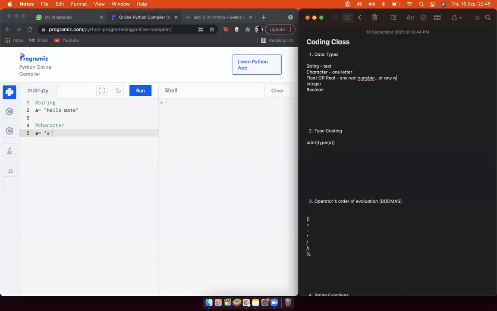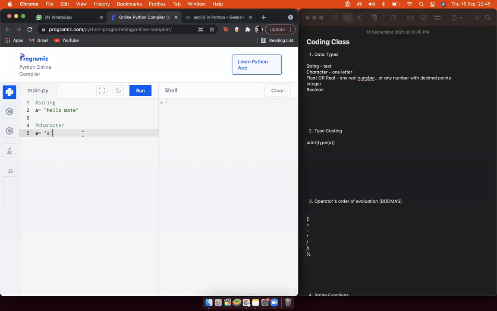Wherever there is such a thing, we will say its data type is float or real. You can say either one of them. For example, we write a equals 4.0. That's a float as well. 4.7, that's a float as well.